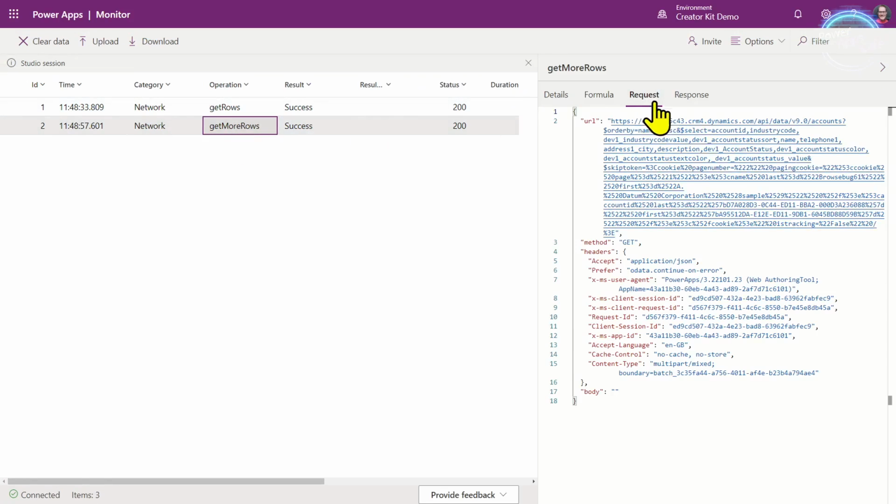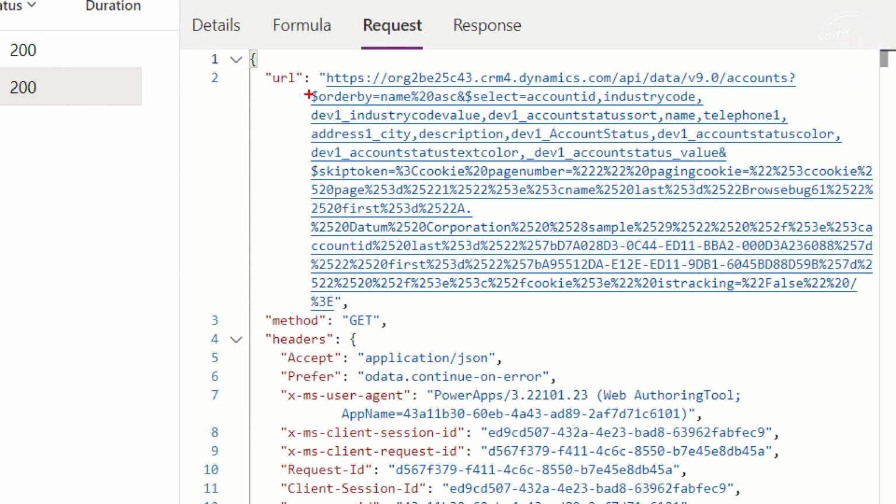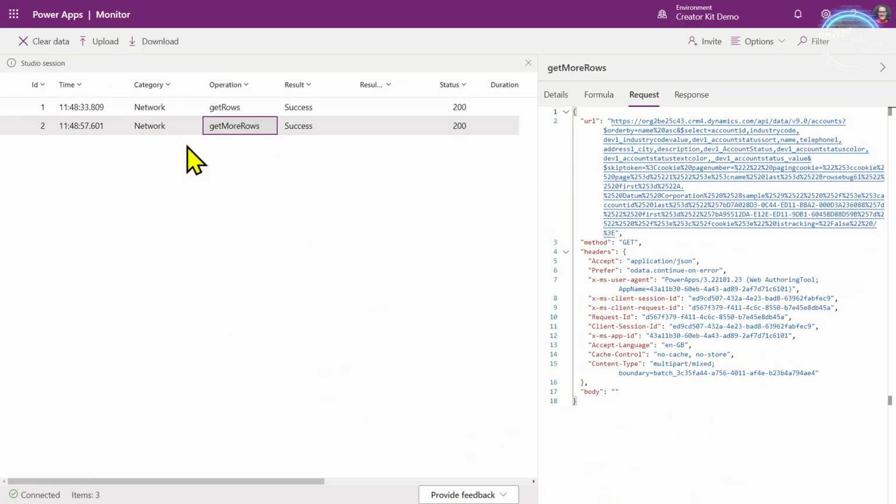Again, remember, if we look at the request here, it's got the order by, which is being delegated. We've also got our skip token going on here that makes sure it's not getting all of the accounts up to that delegatable limit, downloading, and then performing the sort. If the sort was happening on the client, you would see an additional sort row there.